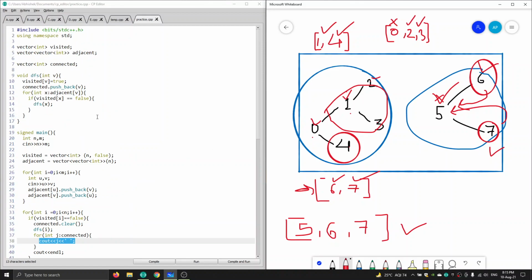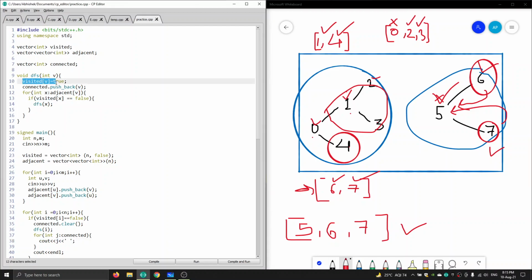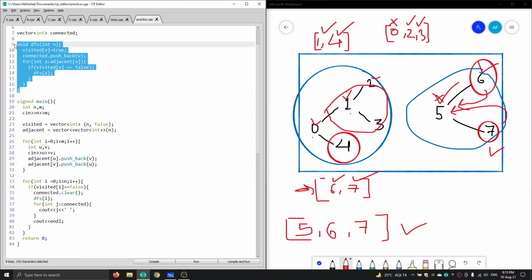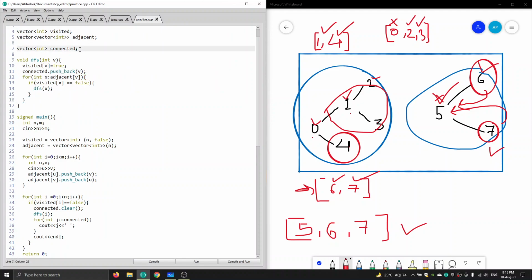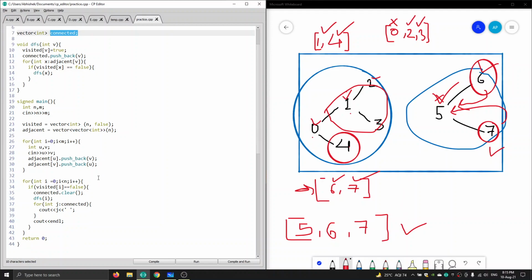So how is our DFS function working? First of all we are marking that vertex as visited. If we have gone to 1, then we will mark 1 as visited, and we are pushing the value of v to our connected vector, and we are checking every adjacent value of v. If it is not visited, then we will apply DFS to that value. So after returning from this function, we will have our connected vector which contains the values of nodes which are connected together.